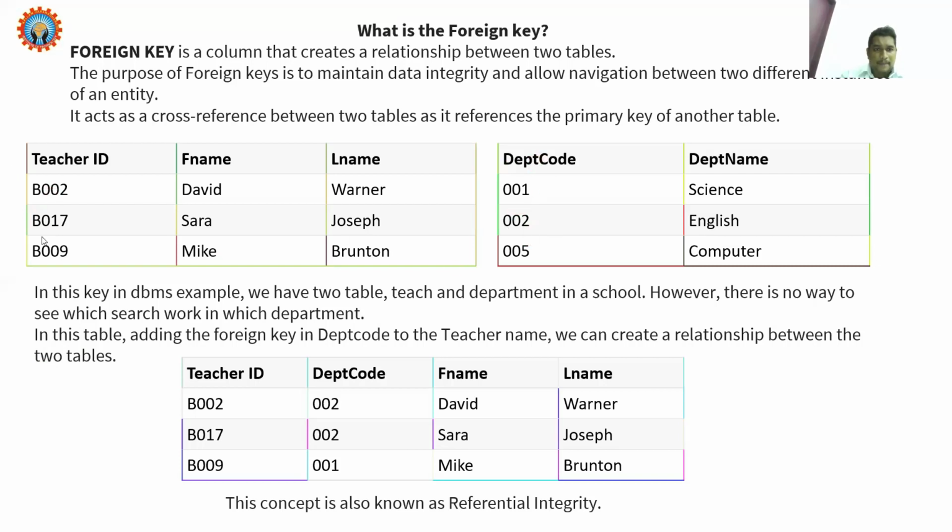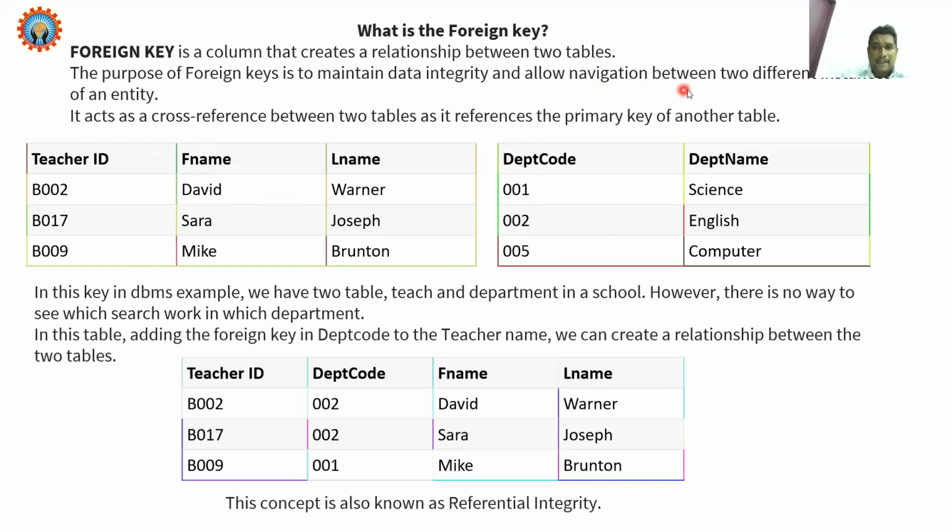These two are primary key attributes. If I want to access which faculty is going to which department, now I have a question.